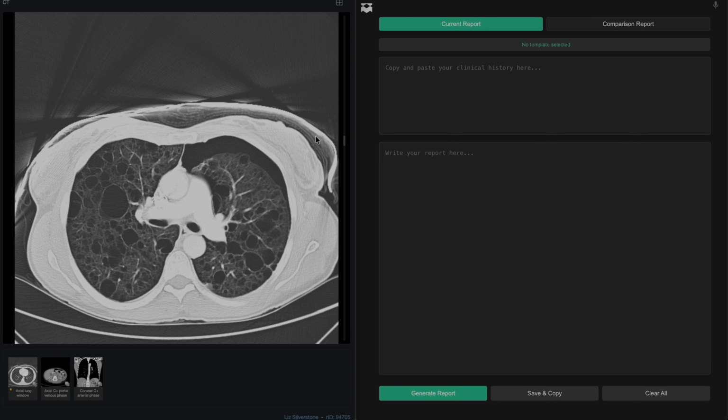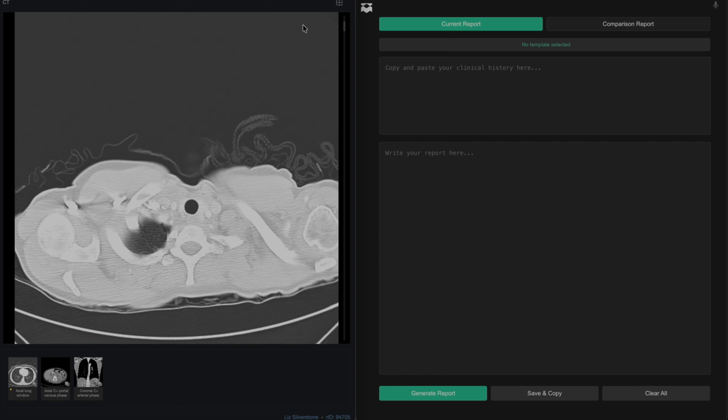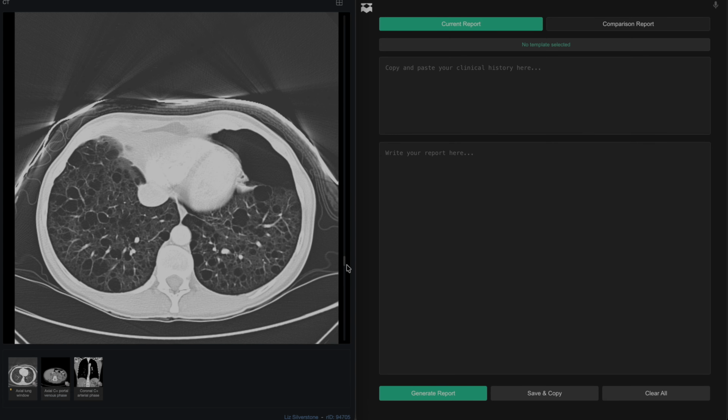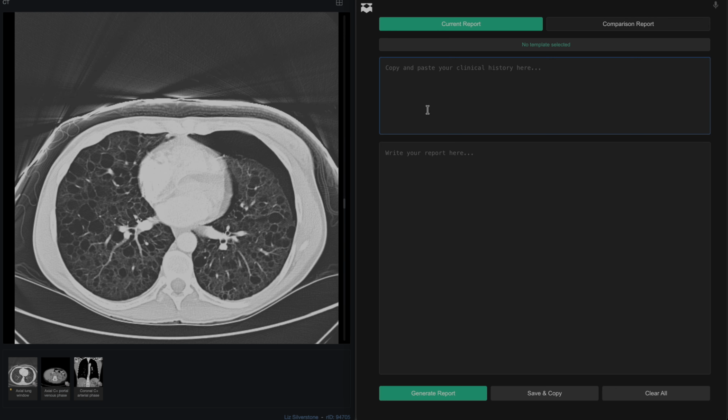Mediastinal structures on these windows look okay. We can't see any subcutaneous emphysema or any pneumomediastinum here. So I'm going to start writing a few of these findings into our RadCoPilot. So 30-year-old female with SOB and chest pain, and we can say something like